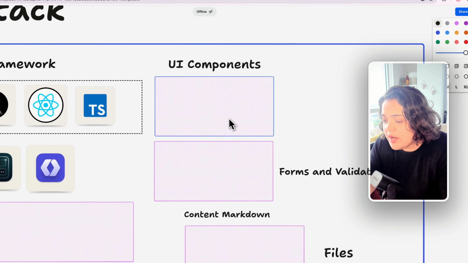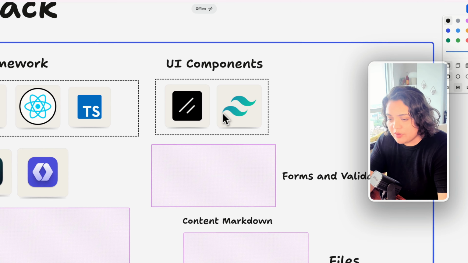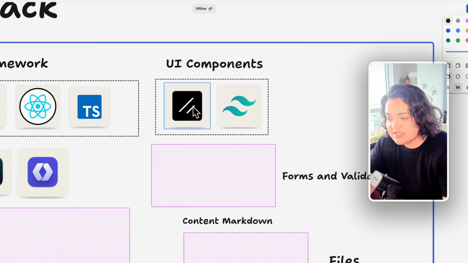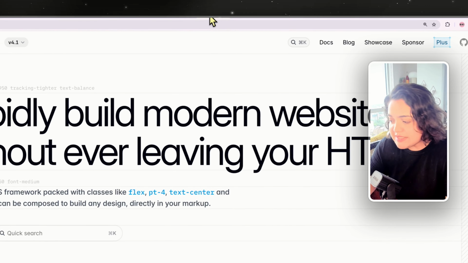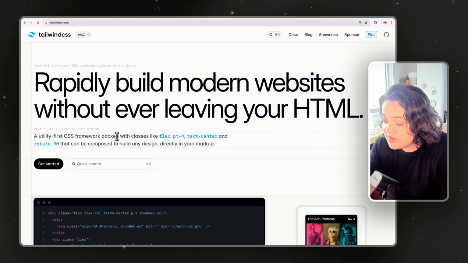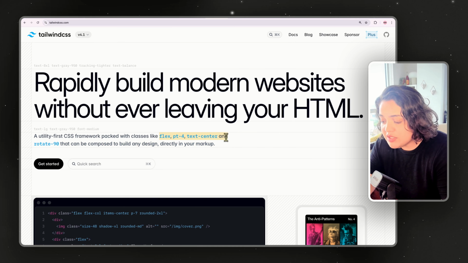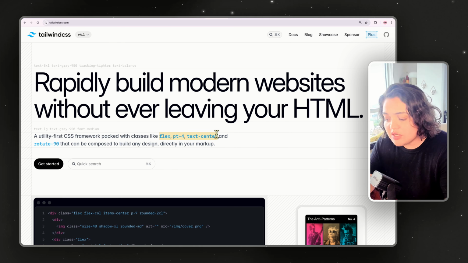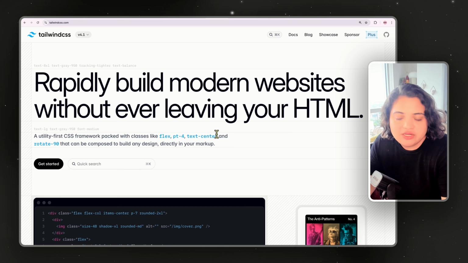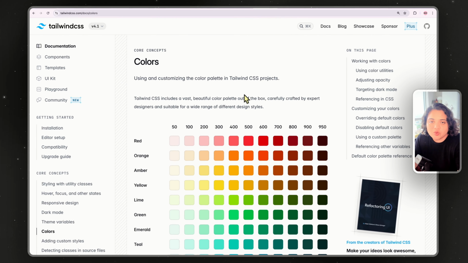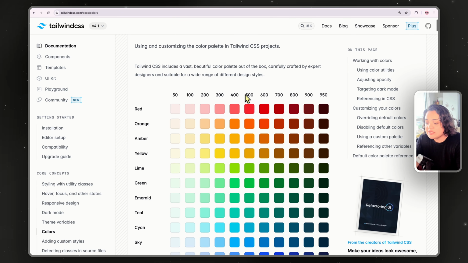Now, when it comes to UI components, I like to keep it simple. I use Tailwind CSS as well as Shadcn UI component library. Now, what is Tailwind CSS? It's a utility-first CSS framework where it comes with a bunch of utilities. You can think of them as functions that include a bunch of CSS properties. So you can just use that specific utility and it will do its magic. It has its own design system. So by leaning on this design system for colors, for consistent spacing, you're not randomly coming up with magic tokens. You could just use what exists, which makes your entire UI consistent.